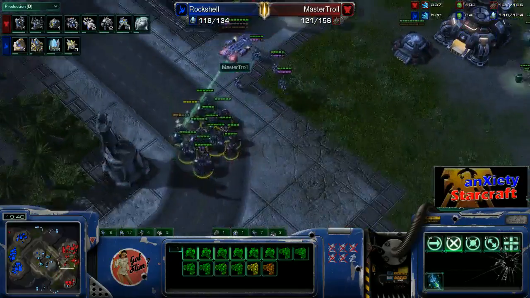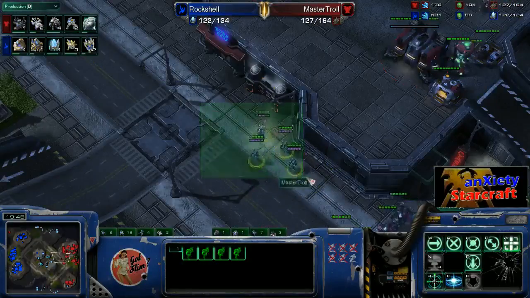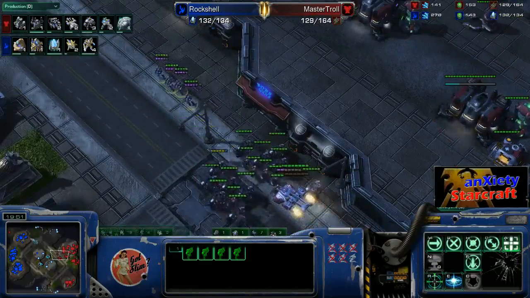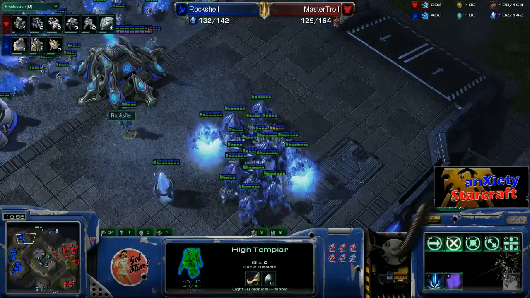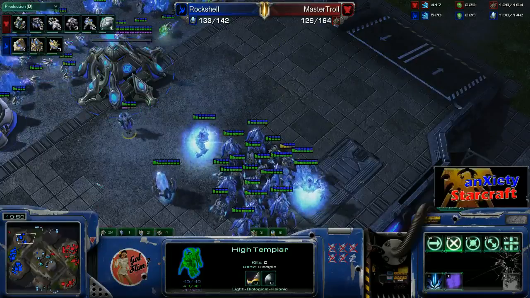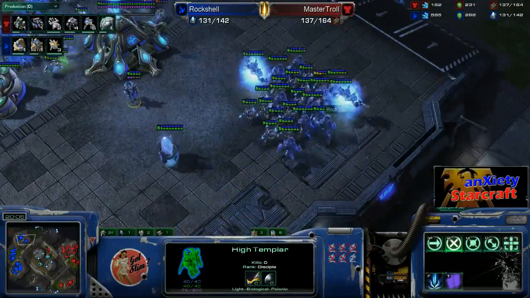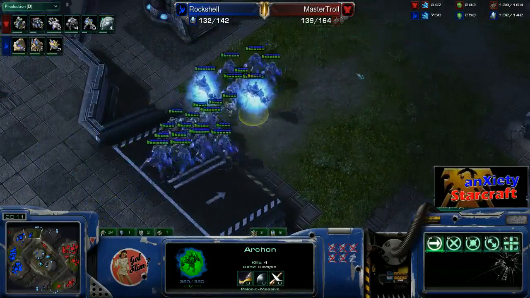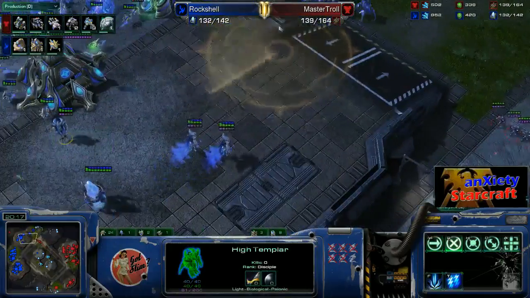The worst part about a failed push on the Terran side is you have to rebuild your army, and that means you're going to have fewer ghosts. He does have 4 ghosts with almost full energy. Ghosts are very threatening to a Protoss army, especially an Archon heavy army, seeing as they're 350 shield, 10 health. Once that shield is gone, they're pretty much done. He does have a couple